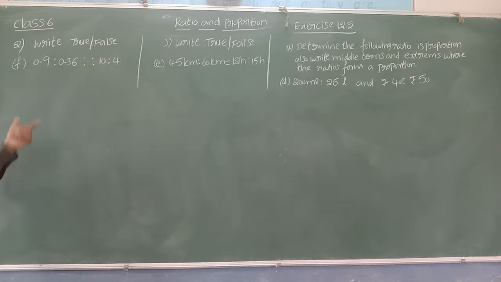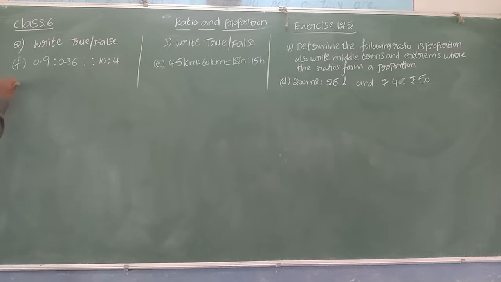In the question they said these two ratios are equal. The meaning of this symbol is that two ratios are equal, which we can read as "is proportional to". We have to verify whether it is true or false. We have two methods to verify whether the given four quantities are in proportion or not. So let me go with the second method.